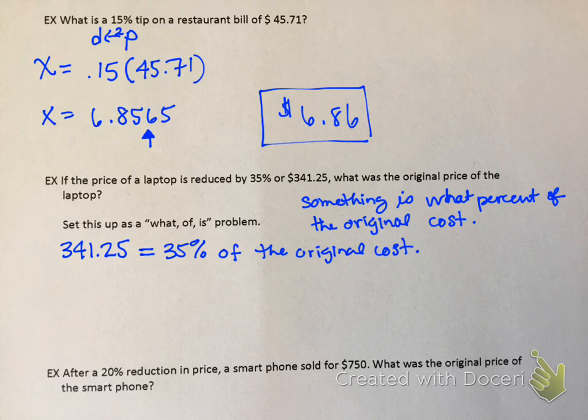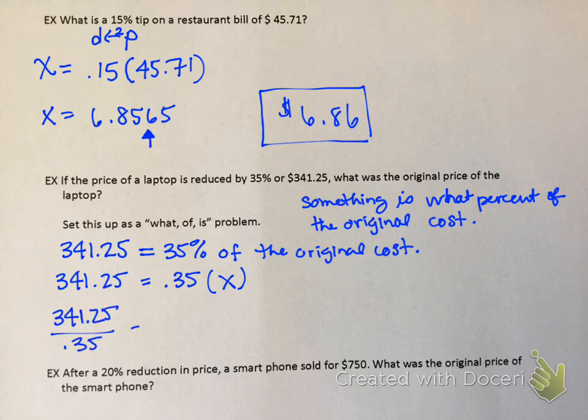Okay, so I set up my equation in terms of words. So now I get 341.25 equals, once again, I cannot use percent, have to change it to decimal. This becomes 0.35 of the original price, which we don't know, which is x. So once again, I got to get x by itself, so I'm going to divide it off. 341.25 divided by 0.35 equals 0.35 divided by 0.35x. And when I do this, I take 341.25 divided by 0.35 in my calculator, and I get that x equals